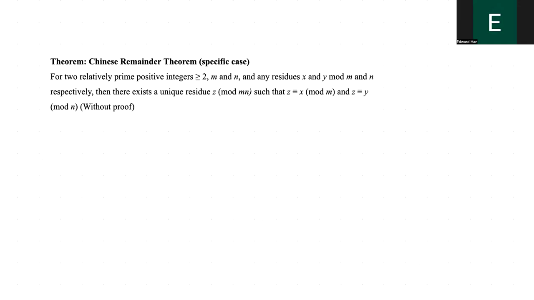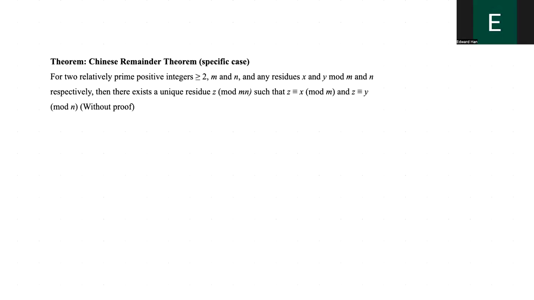Basically what it says is that if we have two different moduli, m and n, and they're relatively prime, so their GCD is 1,